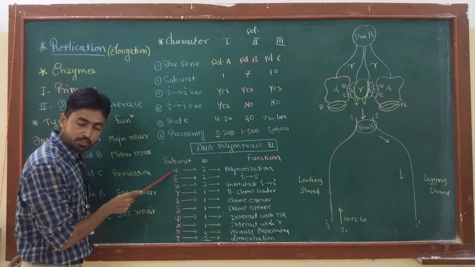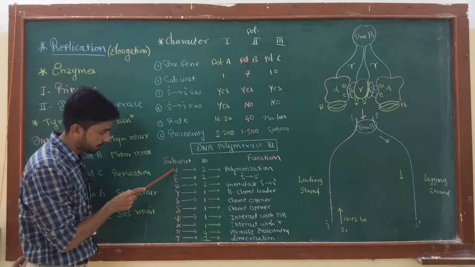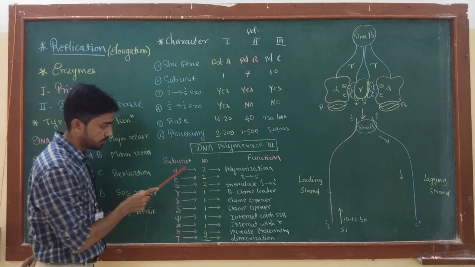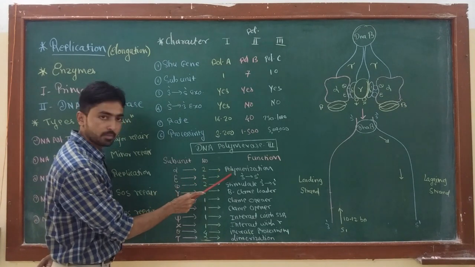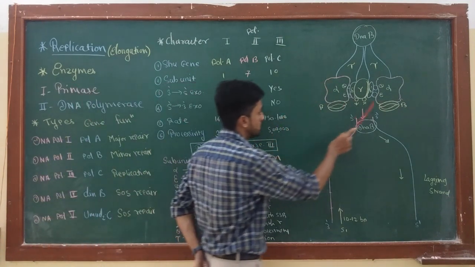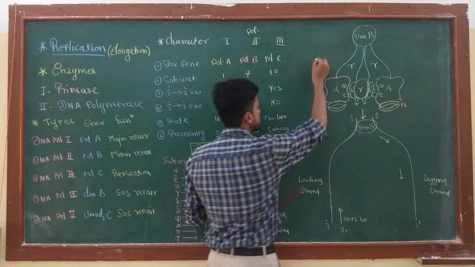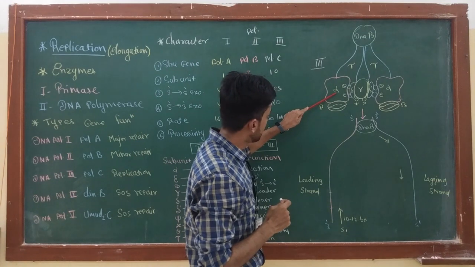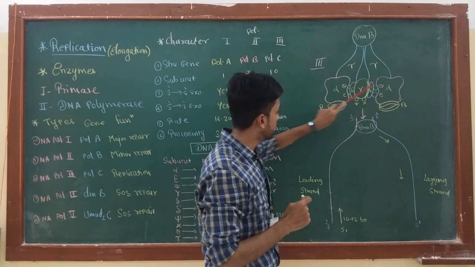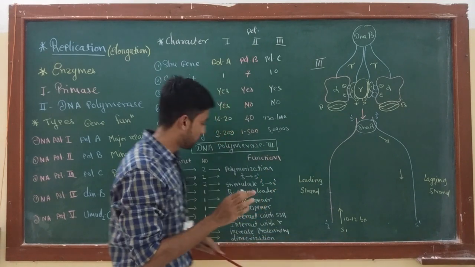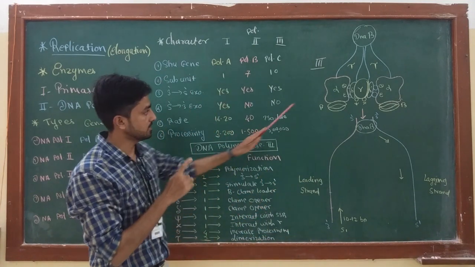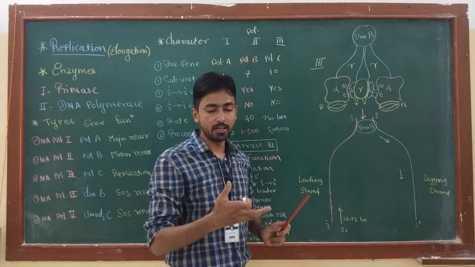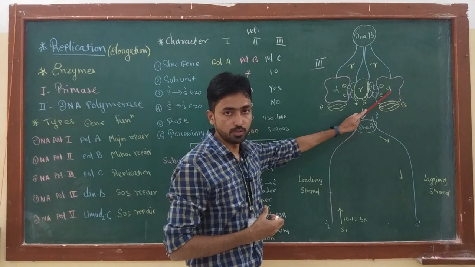The first subunit present in DNA polymerase 3 is alpha. There are a total of 2 alpha subunits in the enzyme, and the main function of alpha is polymerization. Here I have drawn the structure of DNA polymerase 3. Here you can see the first alpha subunit and the second alpha subunit. Both these subunits play a role in polymerization, meaning these subunits help in copying the DNA. Actual synthesis of DNA takes place by these two alpha subunits.